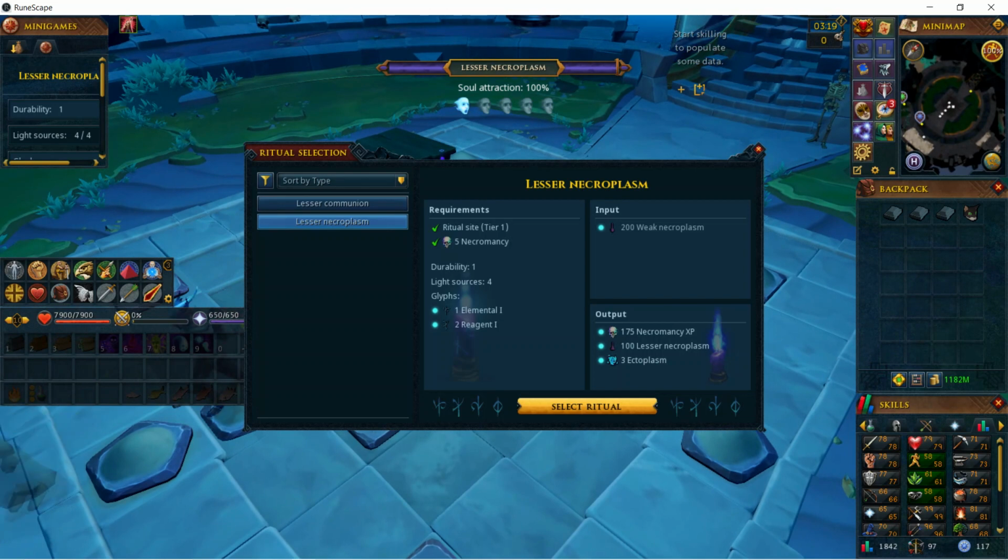So it says you need to be level 5 necromancy. The ritual site is tier 1, and the input you would use, of course, is 200 weak necroplasms, and you'll get 175 XP, 100 lesser necroplasm, which was selling crazy not too long ago, and also 3 ectoplasms, which is also selling crazy. So the glyphs that you need are shown to you right here: 1 elemental and 2 regents, and